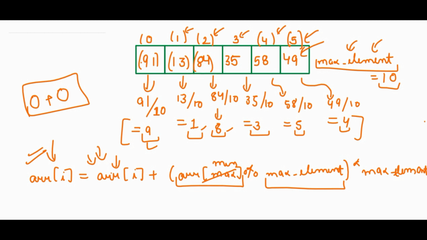One other thing that you can see here, if we take modulus of every element, we will get the original element that was present here. So this is the power of using modulus and multiplication. Simply what we have done, we have multiplied the element with the max element, which is constant, and also taken the modulus in this logic, right?